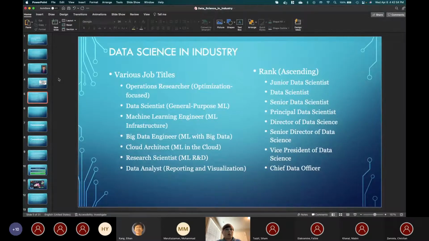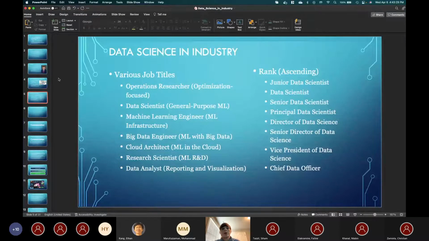It's actually a very challenging problem, and something that, with a lot of the domains that industrial engineering goes across, it really is a really good opportunity for that. Cloud architects. So this is, how do we do machine learning in the cloud? Research scientists. So this is ML R&D. This is kind of what I was talking about with like Google's DeepMind or Facebook's FAIR. This is kind of the in-between between academia and industry, where it's a lot of research and development, and a little bit less focused on developing a specific product.